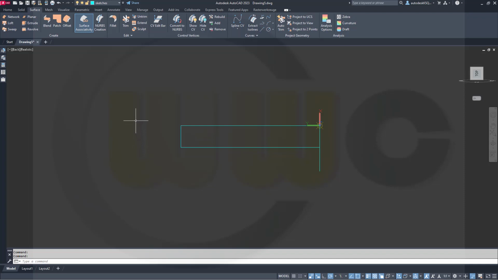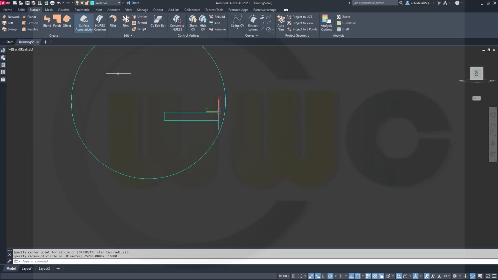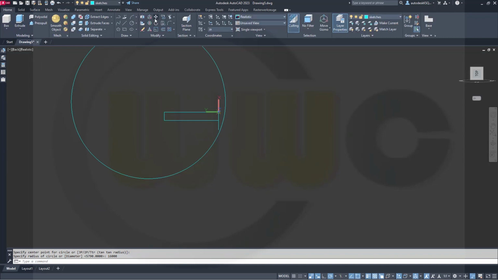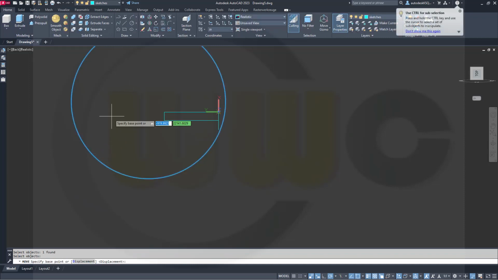So maybe just draw a circle and move it to the correct place. That should work, hopefully. So let's go for a circle and put it somewhere, doesn't really matter. And the radius is 16,000. Okay, and I want to move it, so go for move, select it, right click, and this,